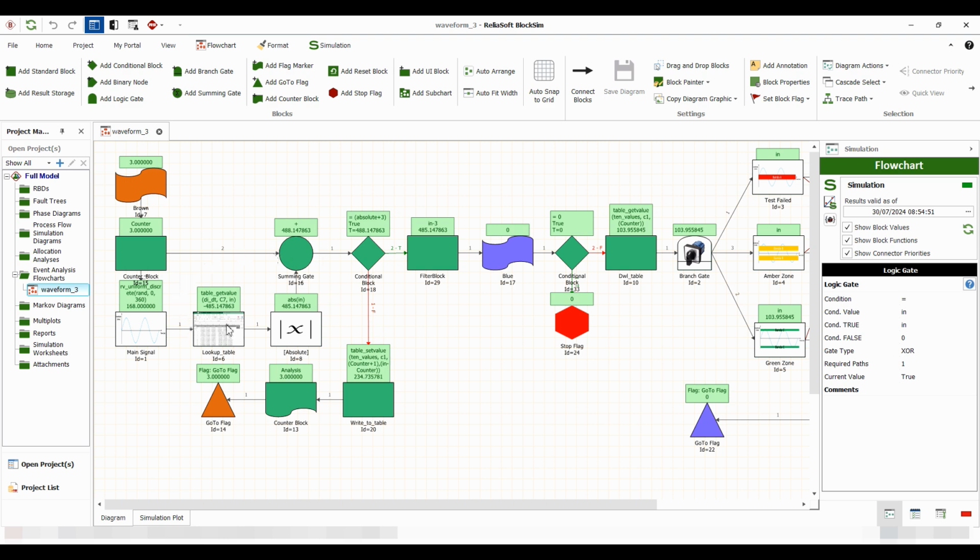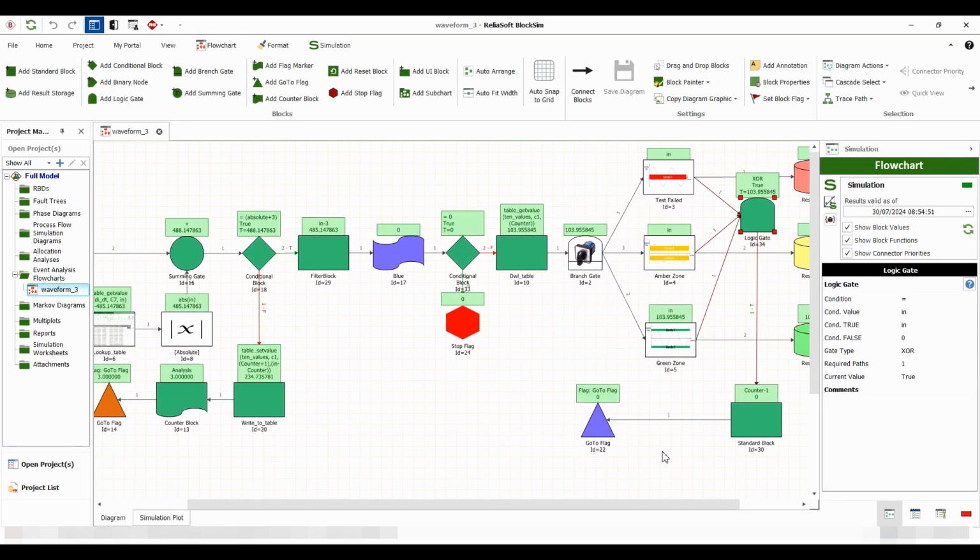And the number that we extracted, we're going to write it temporarily into a table with this table set value function. And then we use the counter to just increase. And then we jump back to start again. We jump back to start, we execute this loop, we do it 3 times. Once we've done that, we put it through this filter that is going to help us to take these 3 DIDT values that we wrote, and eventually we're going to put them through our branch gate,